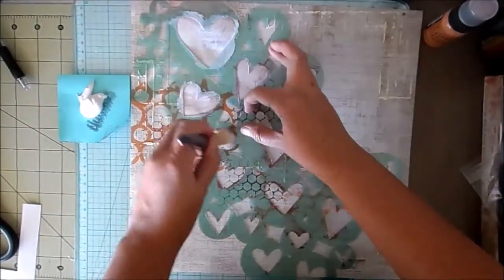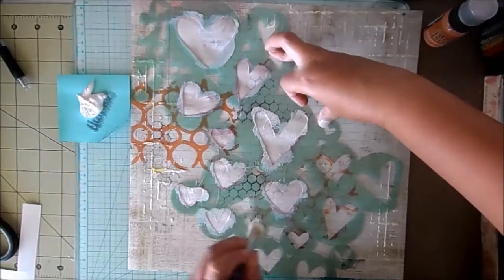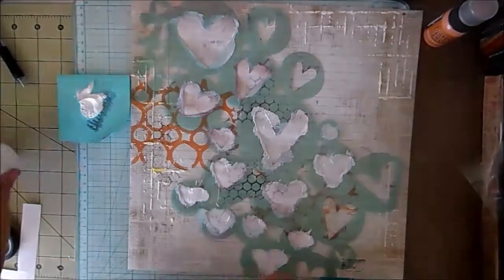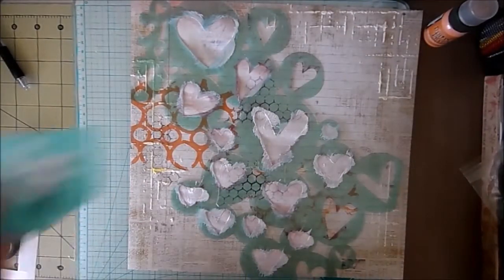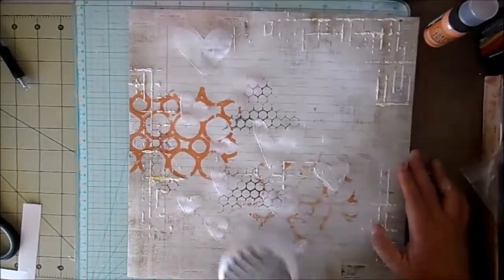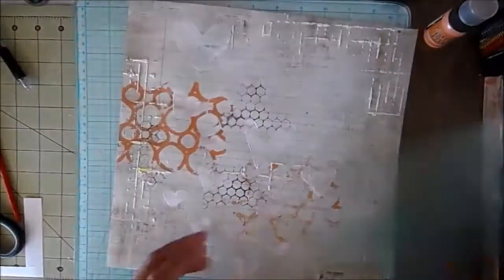I pound some white gesso on some of the hearts. And I dry that a little bit. And then I'm going to be coloring it, adding a little color